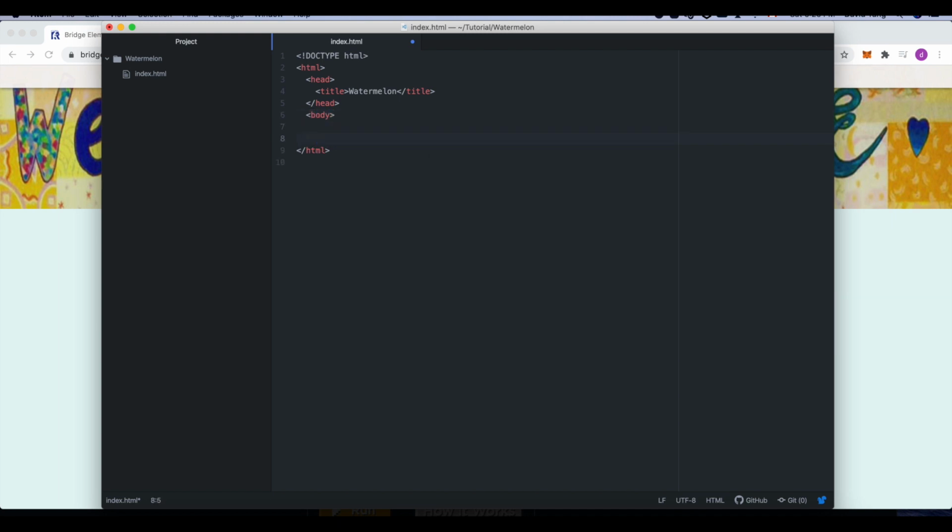Okay, after the head element, it's the body element. Okay, close the element with a slash. And remember to close every element except this, because this is not really an element. It's just a comment. Okay, so in the body,